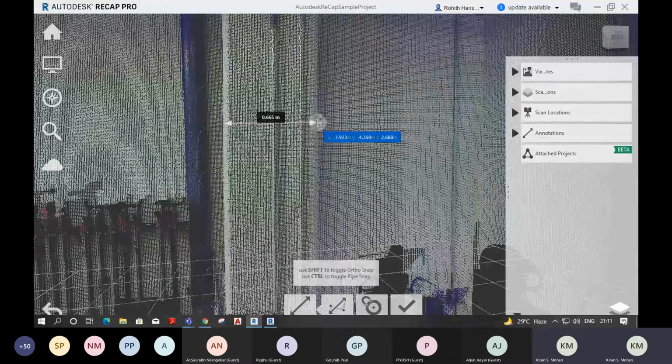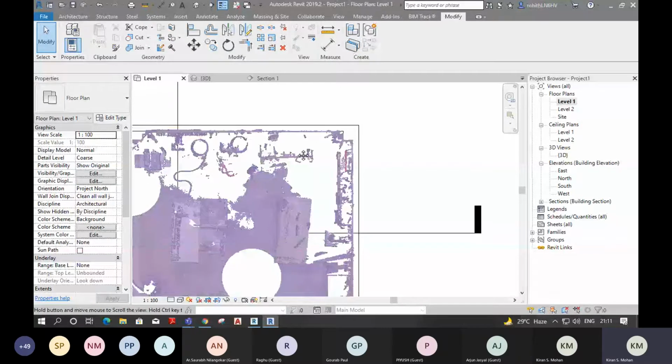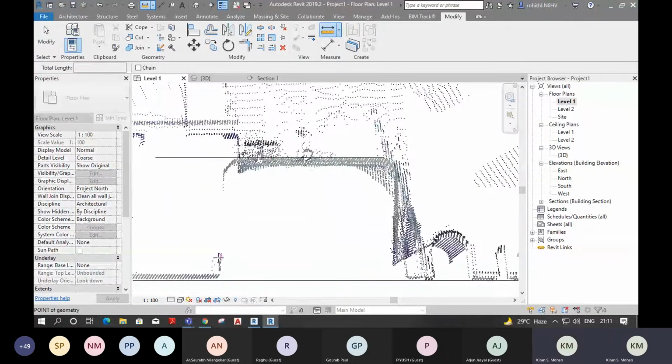We can select this surface point. It's showing as 530 here. Okay, actually there are a lot of elements near the column. That's why we are not getting an accurate value.